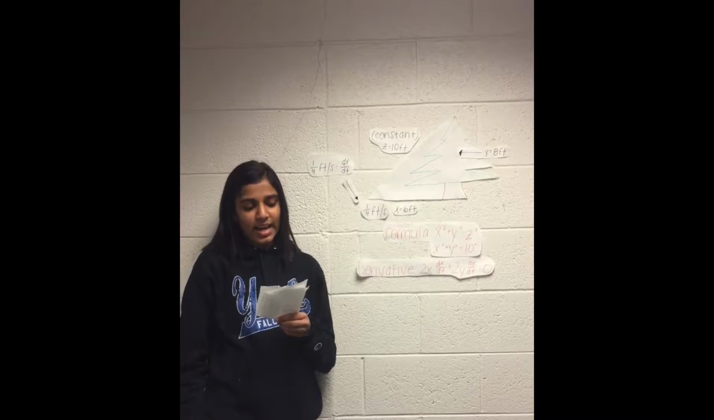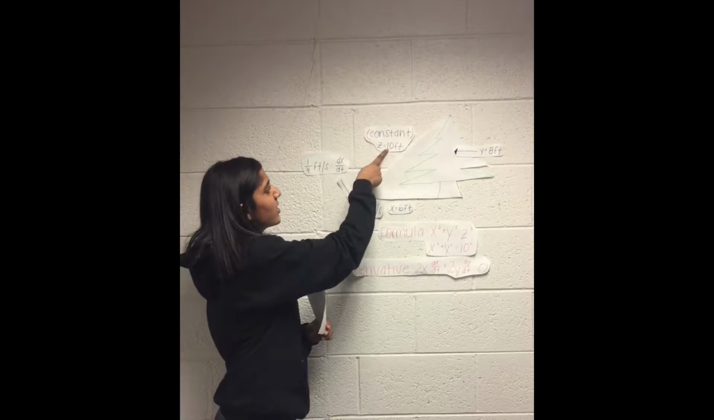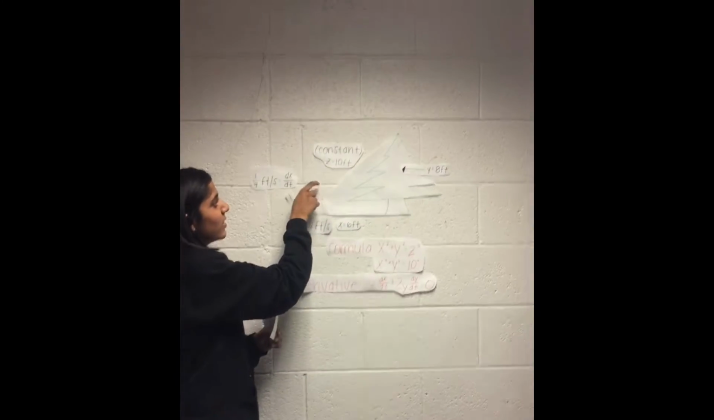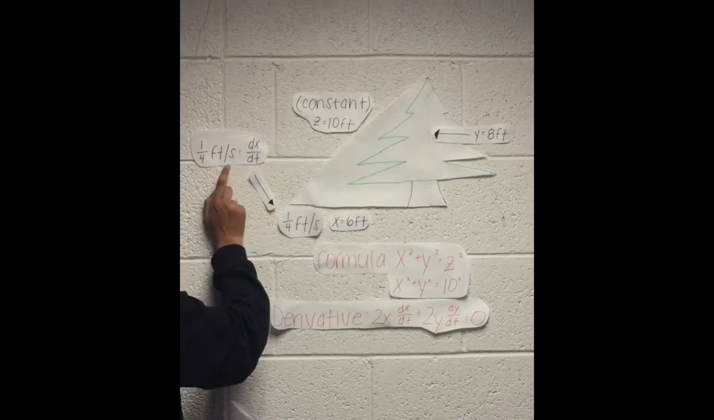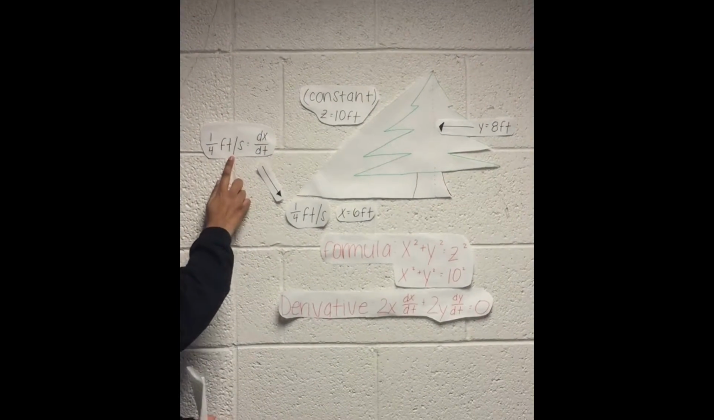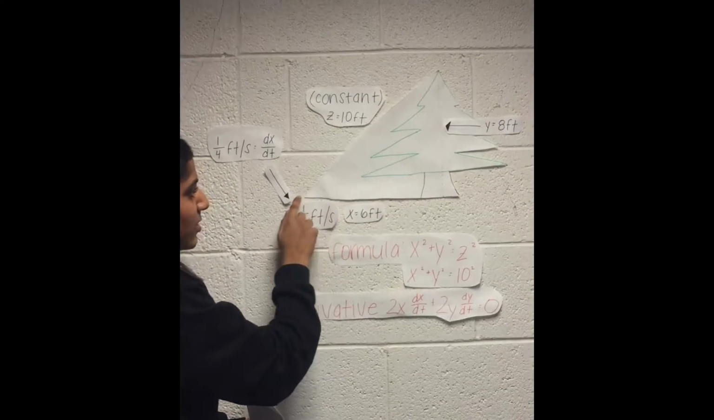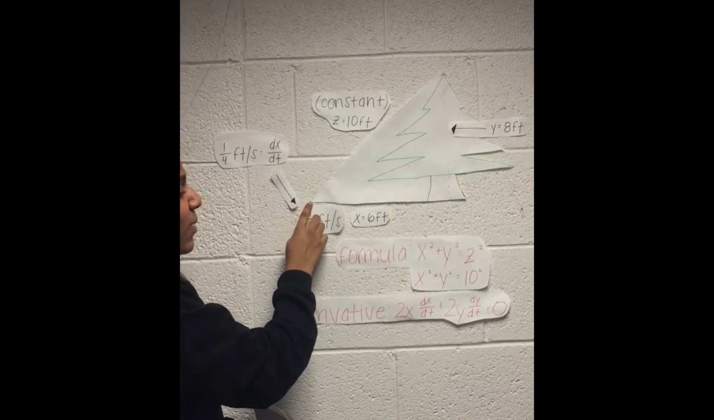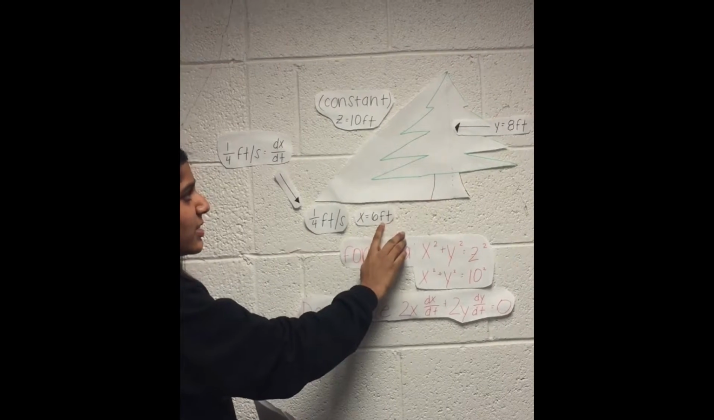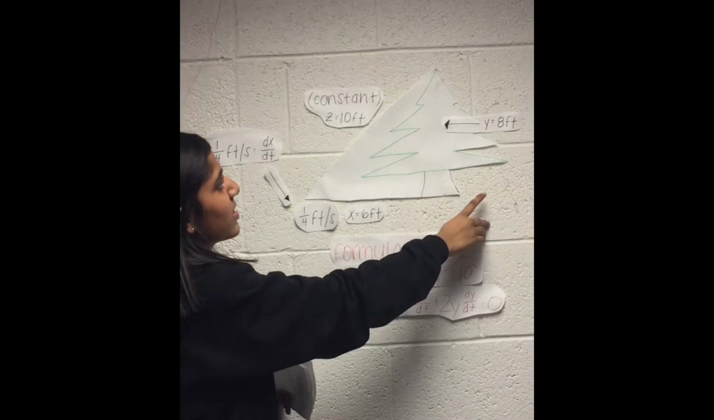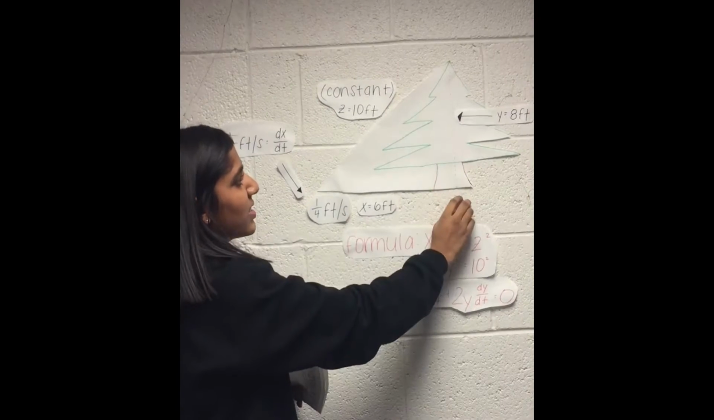So we need to try to find out how fast the ladder is sliding down when the ladder is 8 feet above the ground, so Lucille and I can get out of the way in time. So the constant here, the length of the ladder, is 10 feet, and it's sliding away at 1/4 feet per second, which is dx/dt, and x, the distance from the bottom of the ladder to the bottom of the tree, is 6 feet,